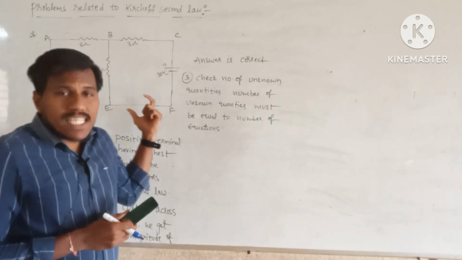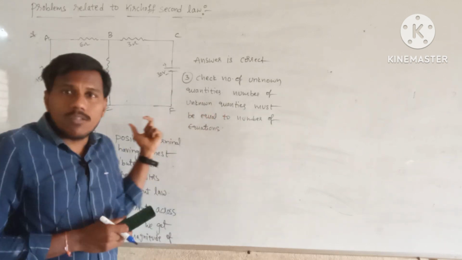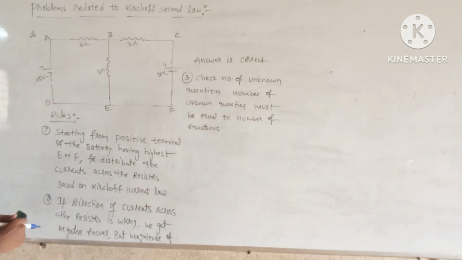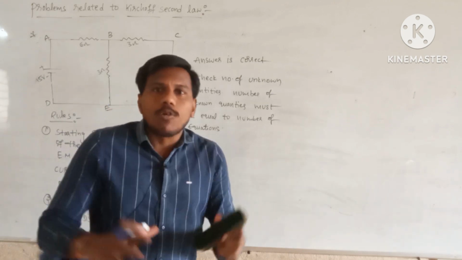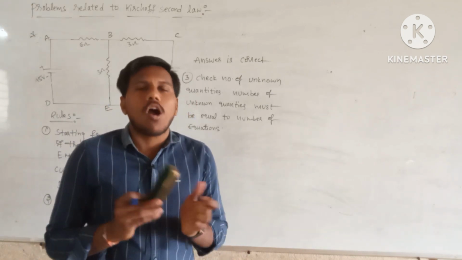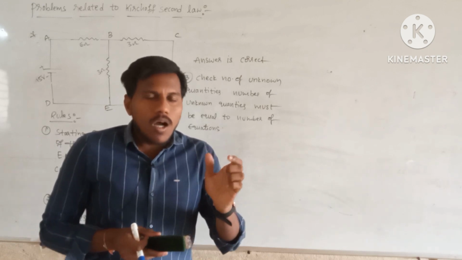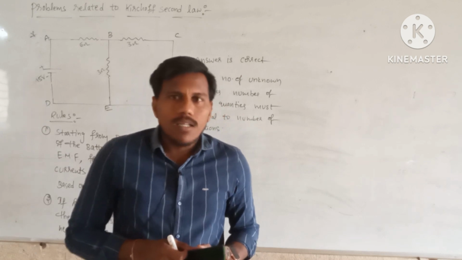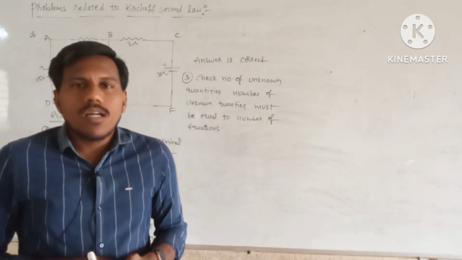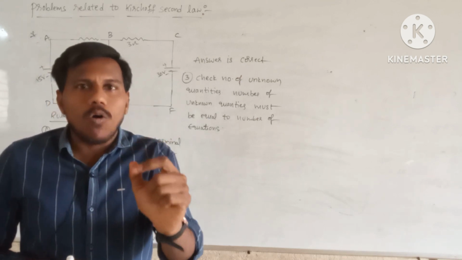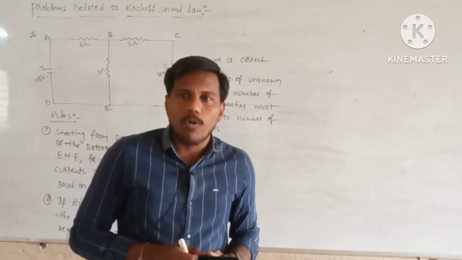After giving names to this given diagram, next we have to consider one closed loop. Already you know what the meaning of a closed loop is. If anyone does not know about closed loop, I already gave a link in the description box. Once you click that link, you will definitely know the meaning of a closed loop.